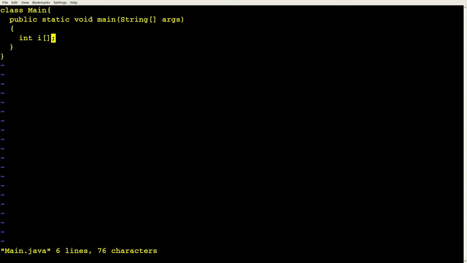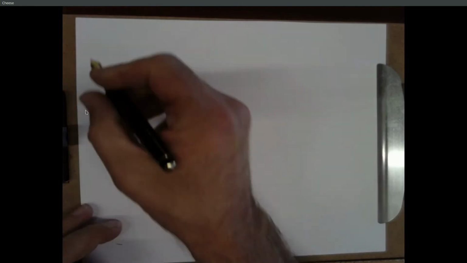We can declare an array by just saying integer, or data type, variable name, bracket, bracket. That says this is going to be an array. That is in some sense, but not exactly.